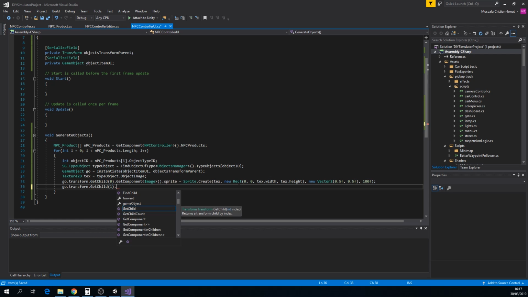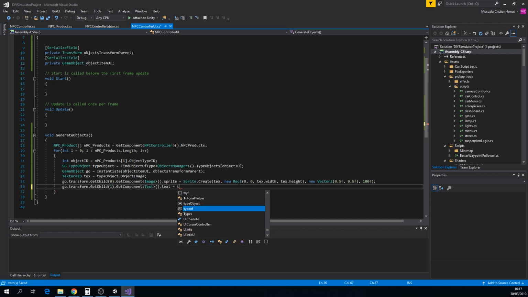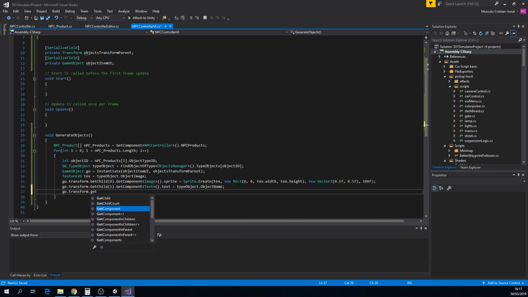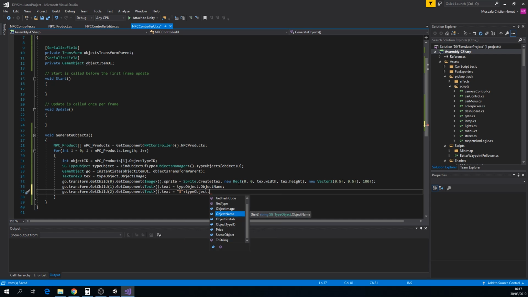One will be the name of this object, so get component text, dot text is equal with type object, dot object name. So that transform, get child, to get component text again will be the price, so text is equal with dollar plus type object, that object, no, price. Okay,